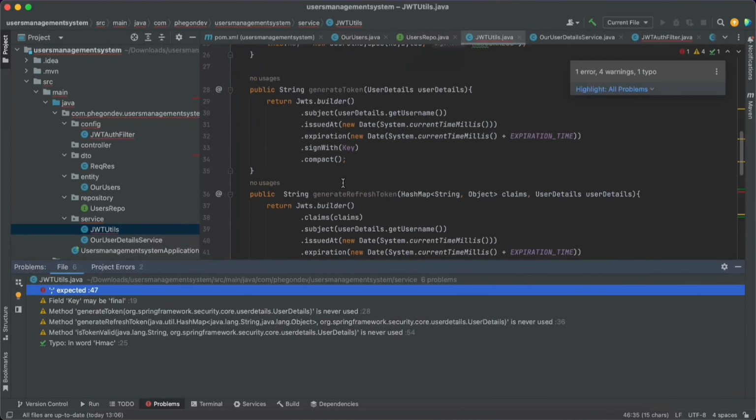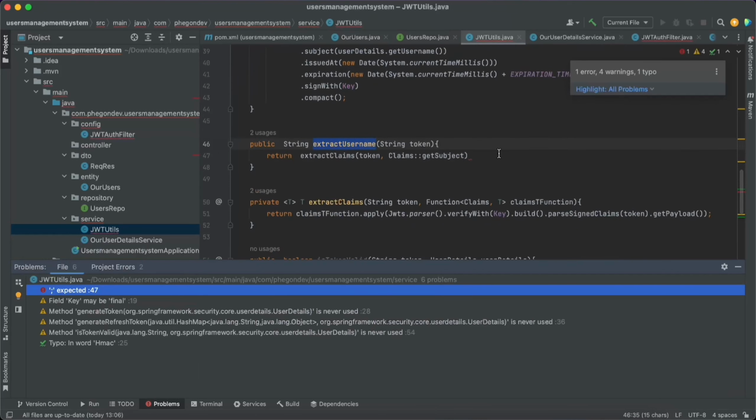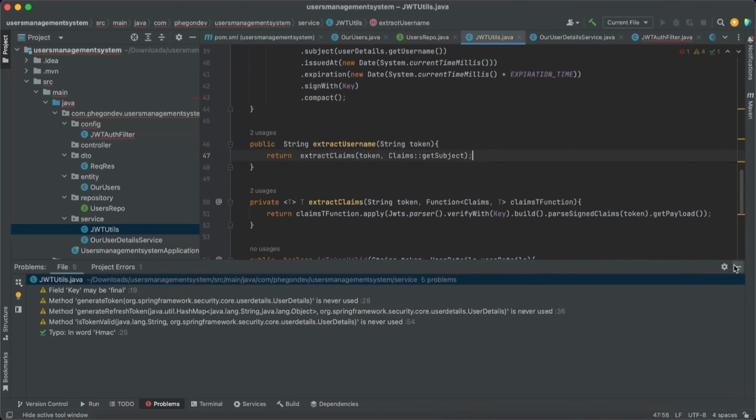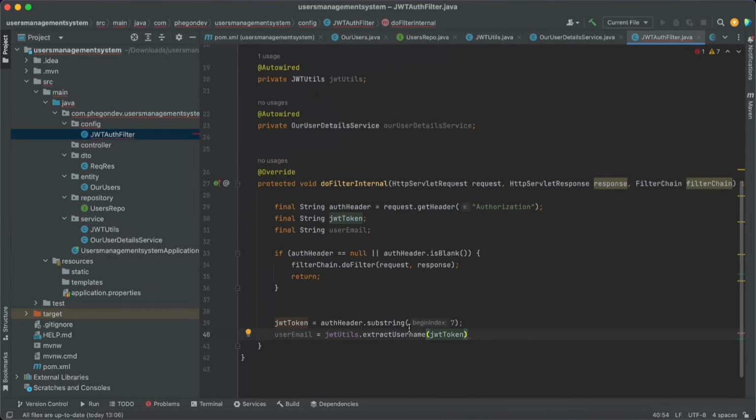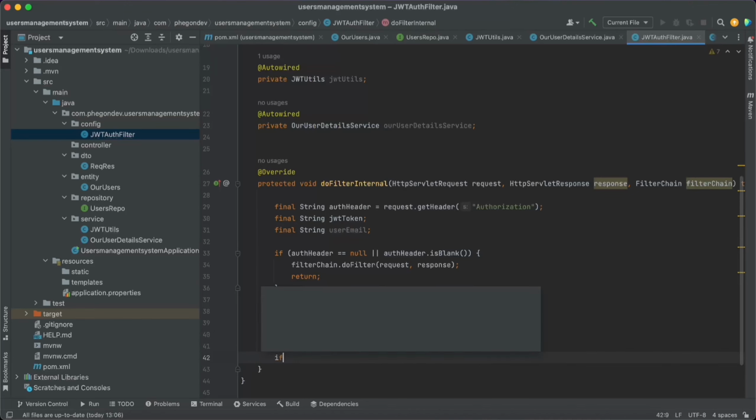Let me just put that there to get rid of the error. We actually created a method to extract username, which we are using over here to extract the username from the token which we are passing in, and we're saving that username and calling it a user email. Okay, so that being said, I'm just going to say if